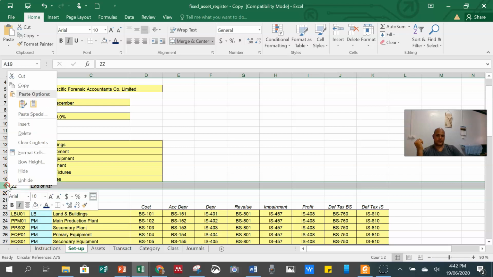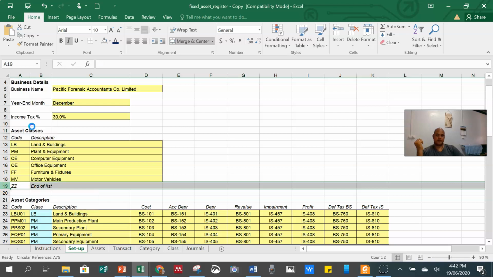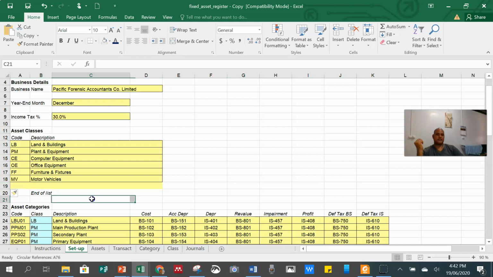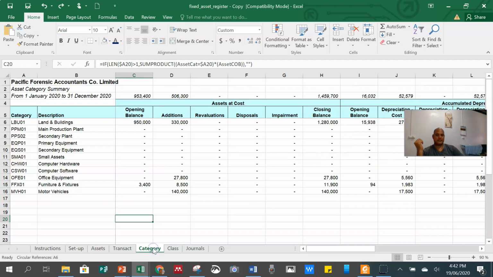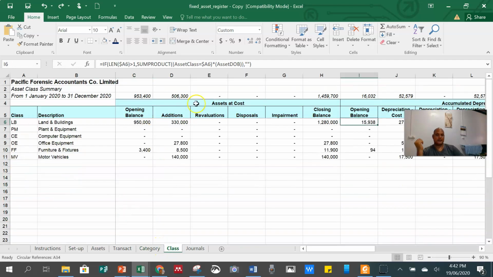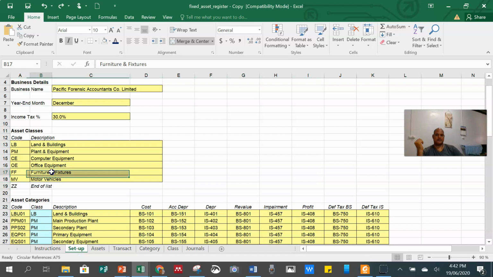Just click here and then copy, for example. Then as soon as you see this in yellow, add something to it. Because that yellow thing here, this spreadsheet will automatically pick it from the setup if it's yellow.